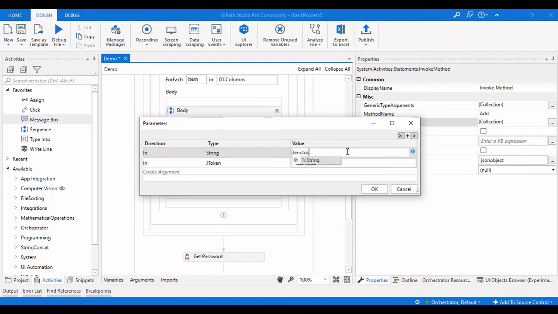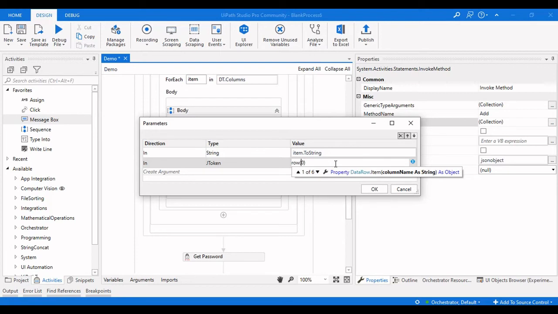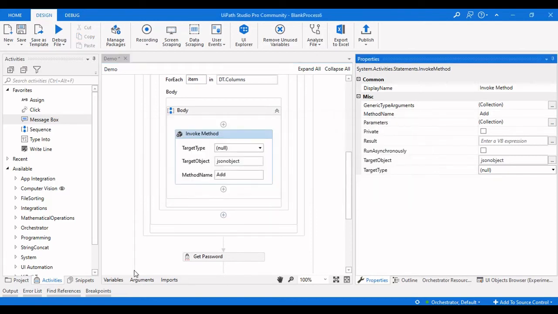So let me pass item.toString, which will give me the column names, and a J token as well. So the token here would be row of 0.toString. Instead of 0.toString, I need to pass an incrementing counter for that.